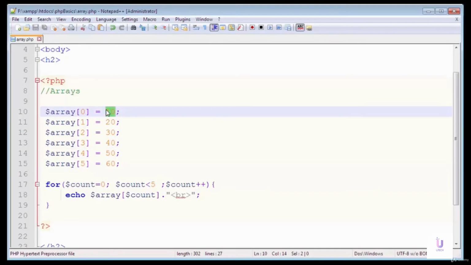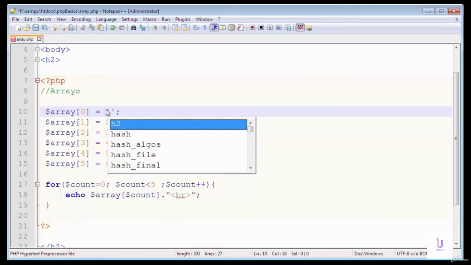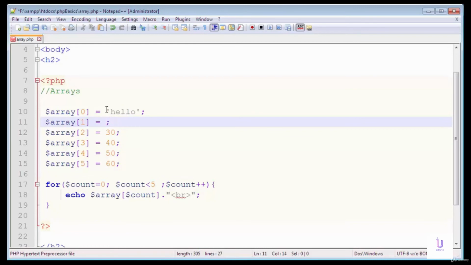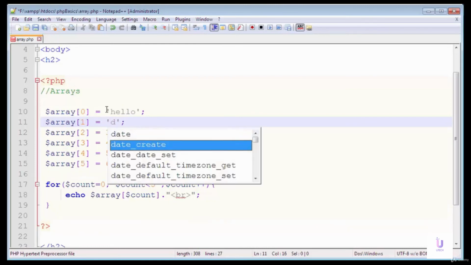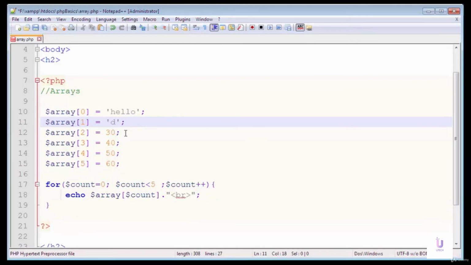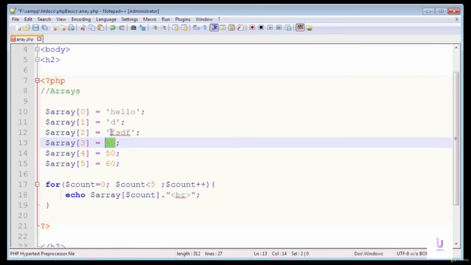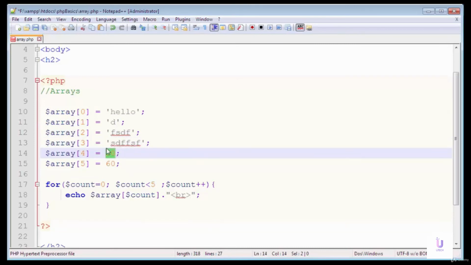Similarly, we can also store string values inside arrays. Let's see that. I am using random values just to teach you how we can store values inside arrays.